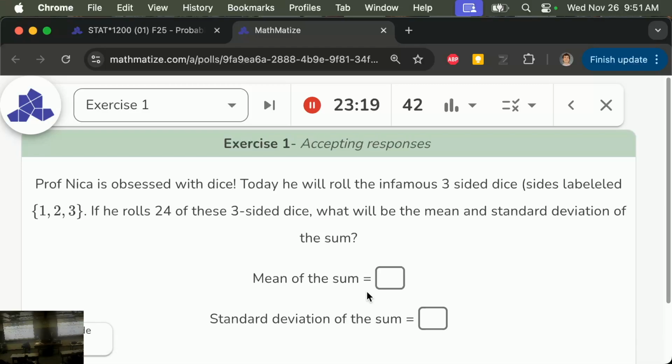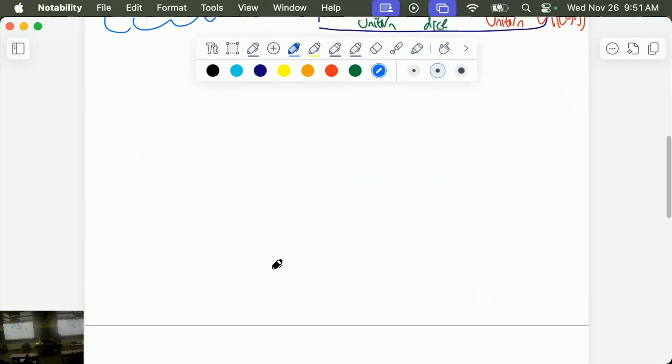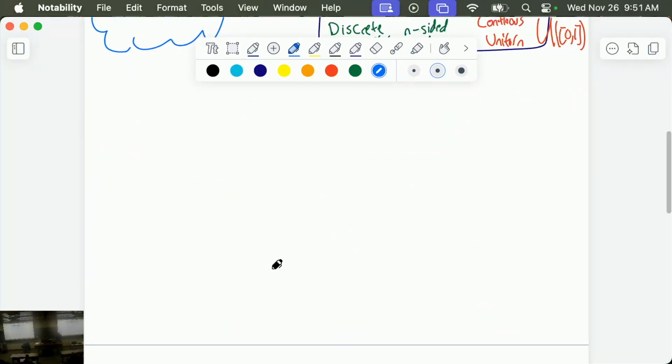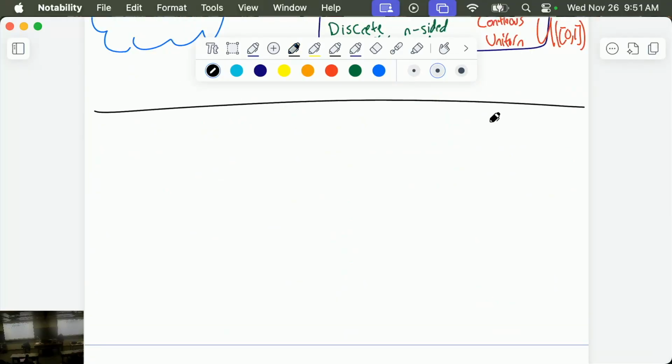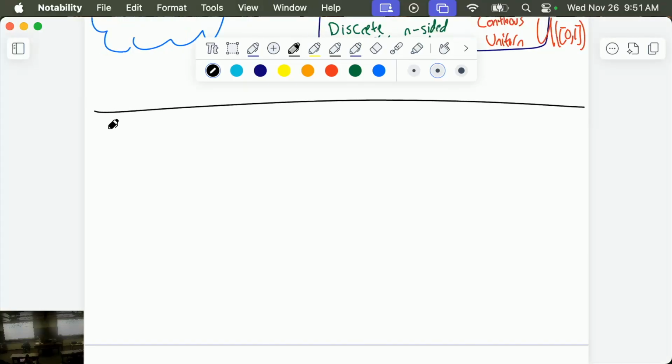So if you know the mean of one single dice roll, to get the mean of the sum, you would add up the mean of all the individual things. In this case, there's 24 copies of the same thing over and over again, so you multiply it by 24. So that's what we're going to do. We're going to get the mean of the sum. In fact, let me do that before I even reveal the answer. Okay, let's go back. 24 three-sided dice. And the mean of the sum,